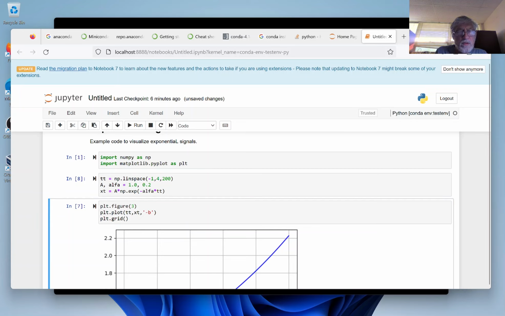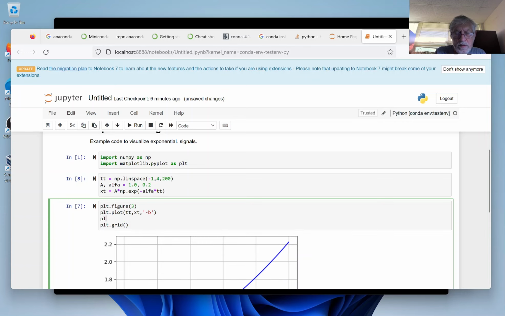What you usually also want to do, if you have a plot, is give it a title and label the axis. So let's do that here. So plt.title, decreasing exponential, and you can use tag commands in here. So I can use alpha equal to 0.2,